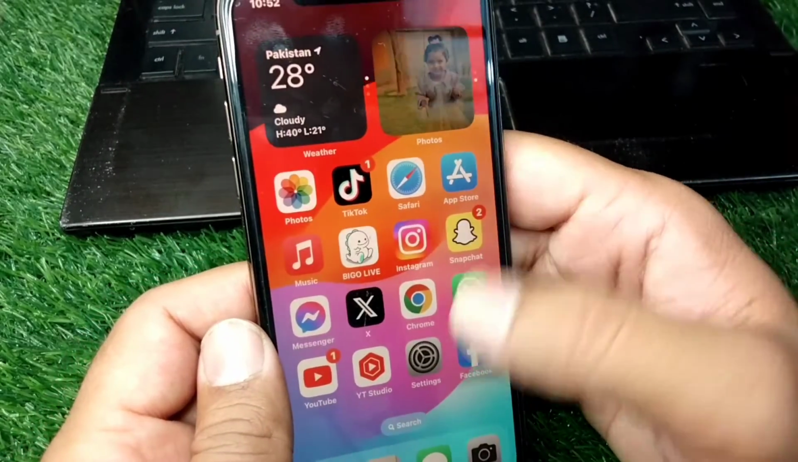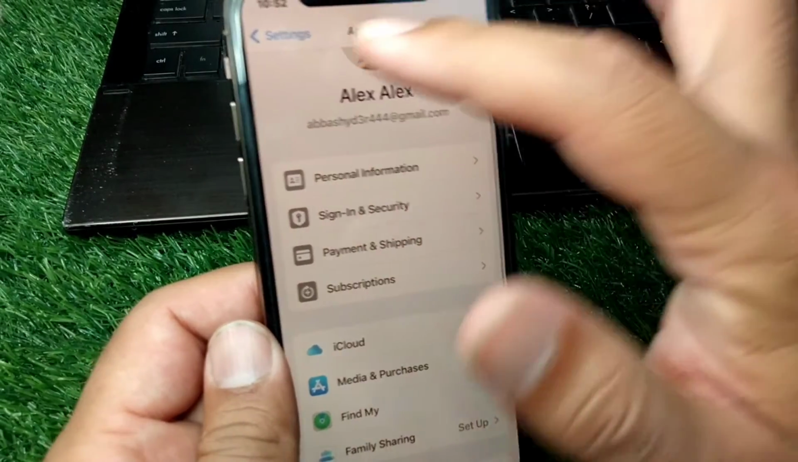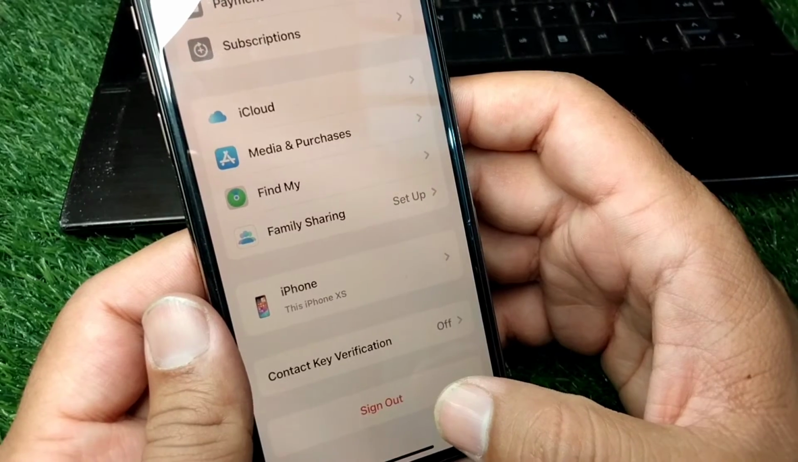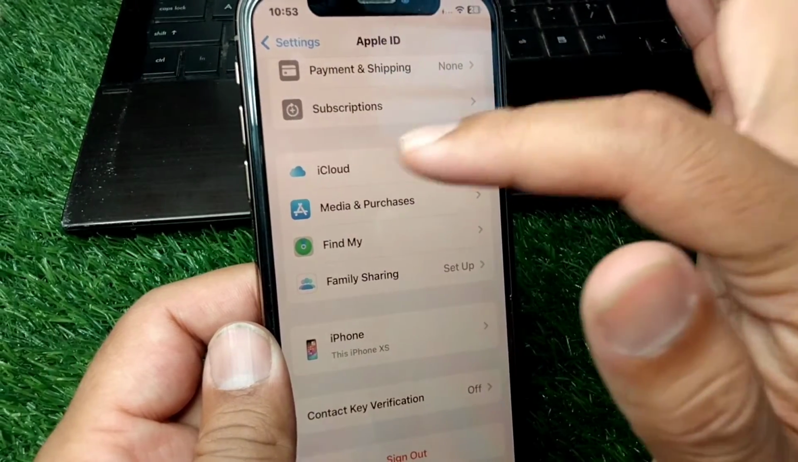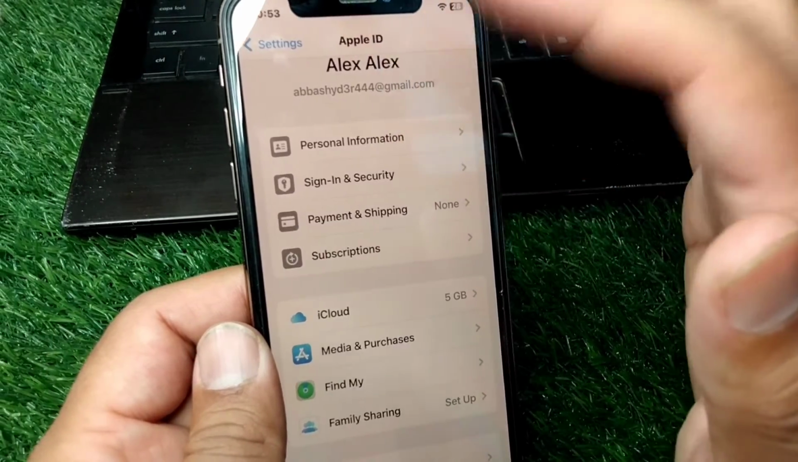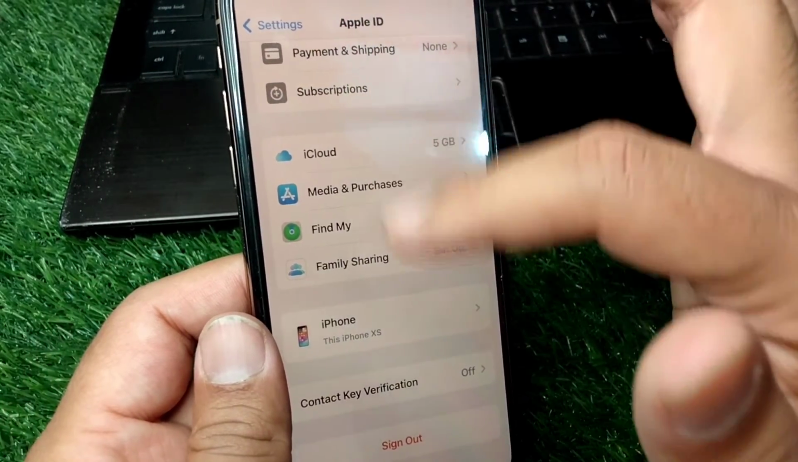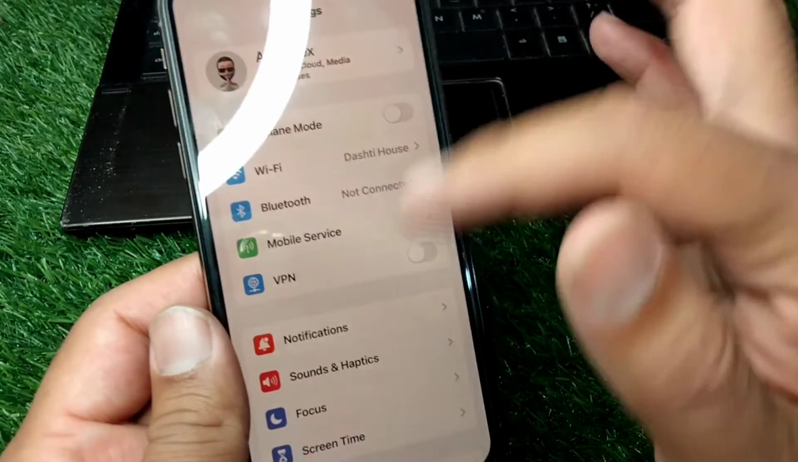is still there, then you have to simply open settings, and from here tap on your profile and scroll it below and sign out your Apple ID from here and create your Apple ID using this option or this settings option. So guys, create your Apple ID from here, and if the problem is still there, then you have to